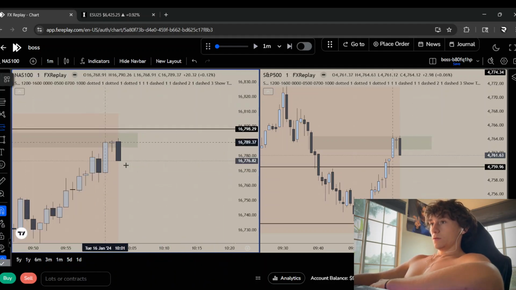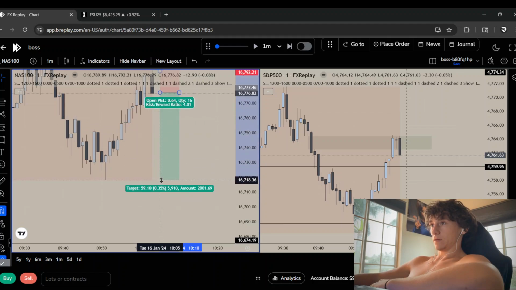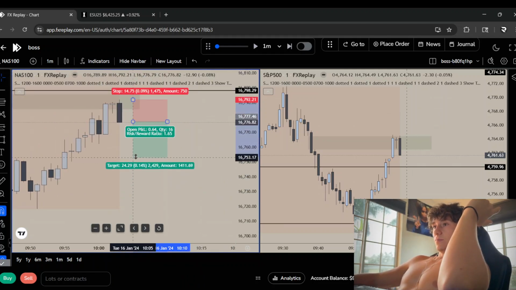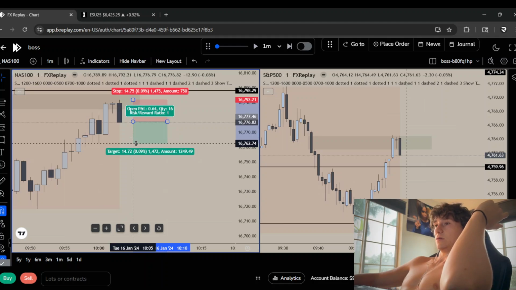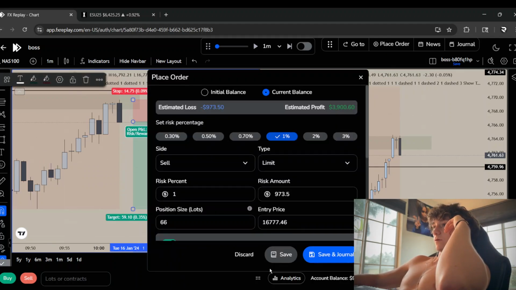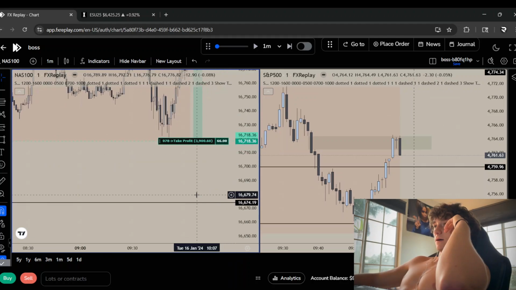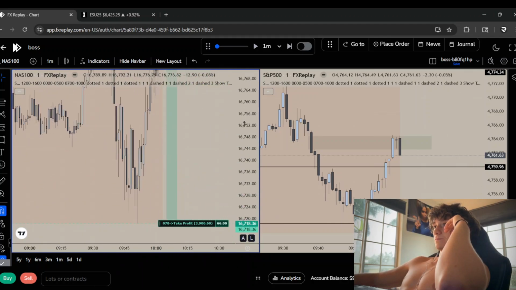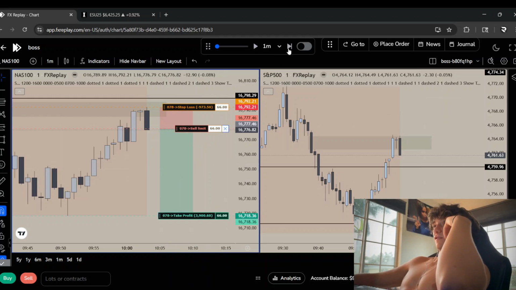And the one thing I do need to practice though is targeting like 1 to 4. That's what I'll go for, right? But if I just go for like a 1 to 1 with heavy risk, my win rate would probably be cracked. But let's go ahead and place order, save, because normally I would be targeting way down there, but I think greed has been getting to me recently. And a 1 to 4, that's amazing already. So we'll see what happens.